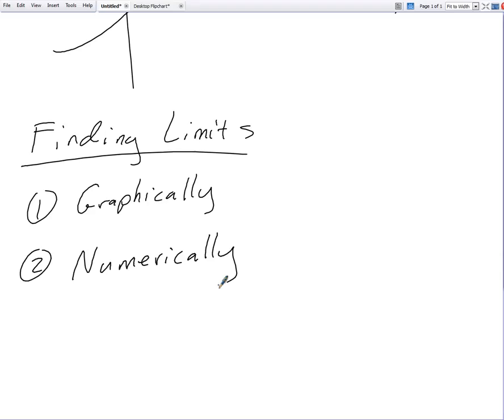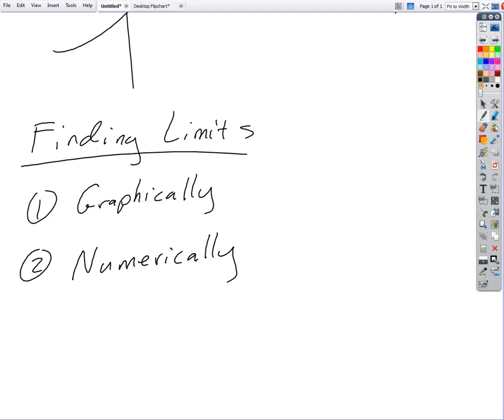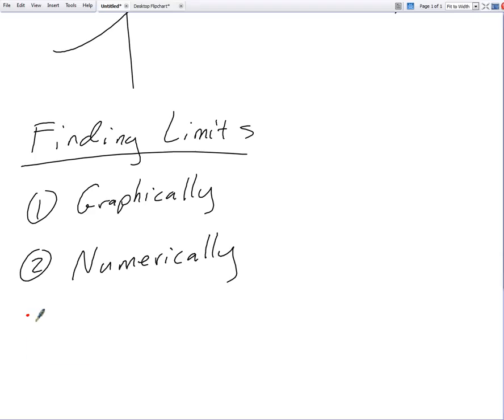We'll explore that one here real briefly in just a second. And then the third way is something we're going to hold off on for today because it takes a little more thought and time. Is analytically, algebraically, in other words. There's a way that we can do this that's very mathematical and ironclad, and we can all agree precisely on